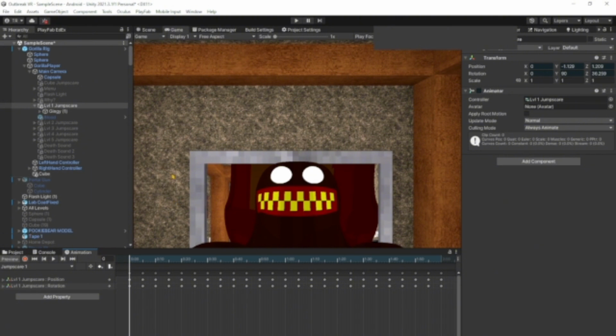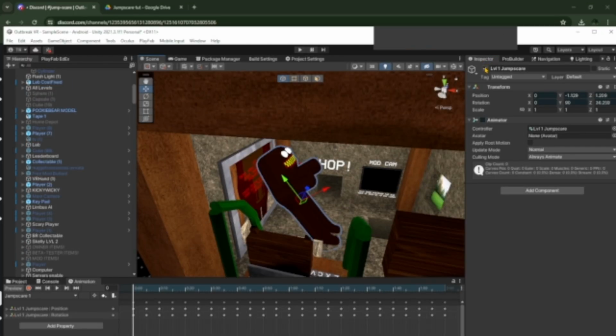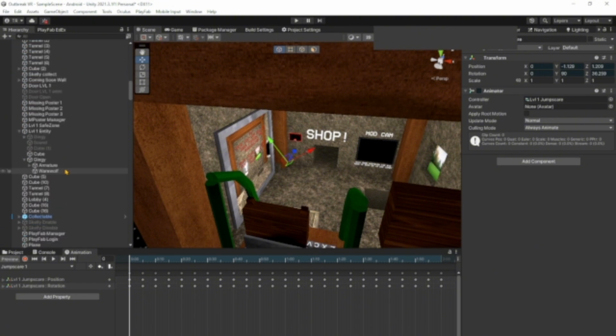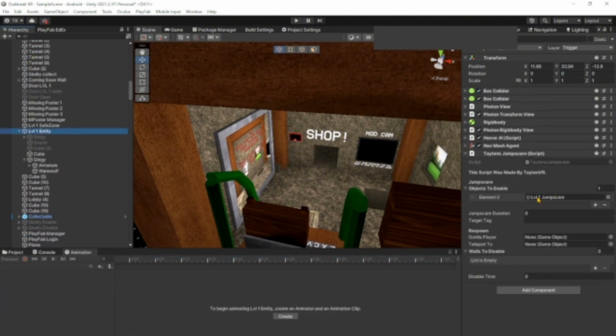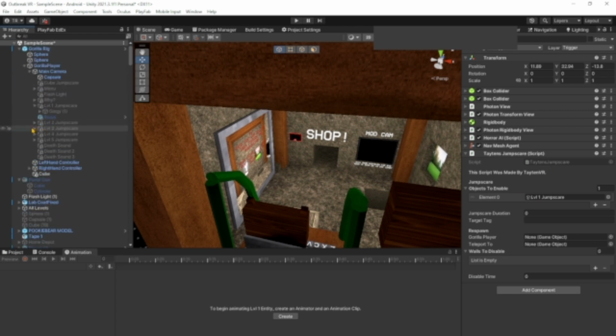And then when you are finished animating, first you want to disable it. Then you want to go to your entity and then drag it into it. And then after that, you want to get some death sounds. What I mean by death sounds is,